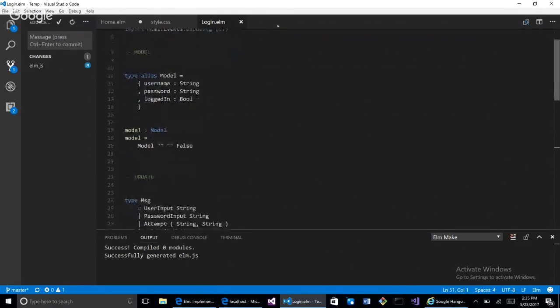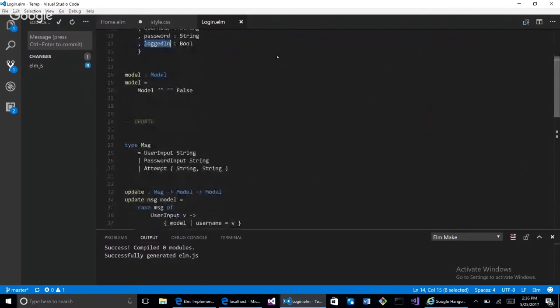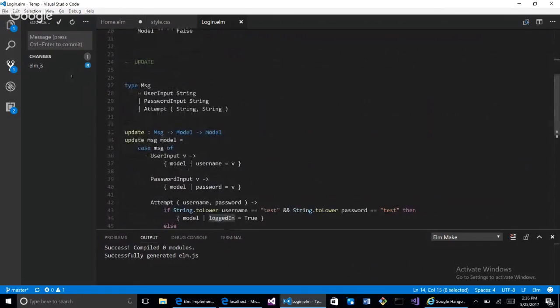anyway, it follows the same pattern, right? Model, view, update. So here's our model right here: username, password, and then the state, are we logged in or not, which is true or false. Then we have our update function, which takes, of course, your message and your model. But the message is of type Message, right? This message argument is actually of this type up here, Message, in which